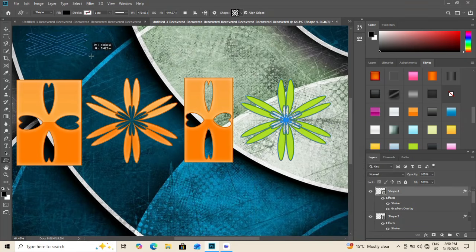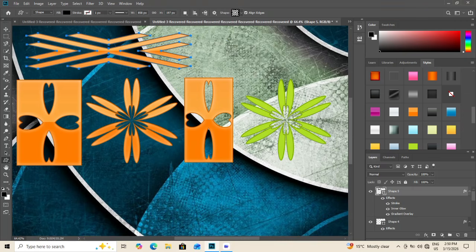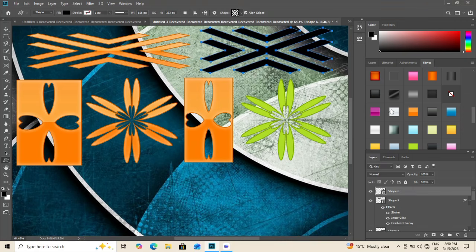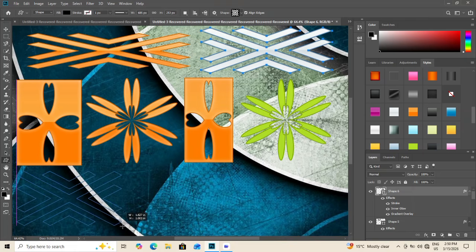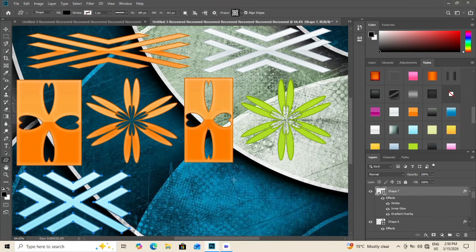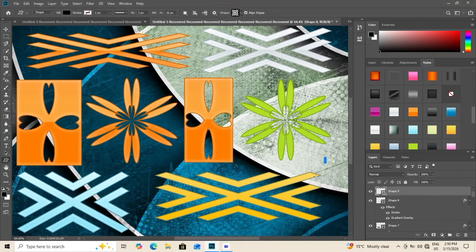Duplicate this shape several times by holding Alt while dragging, scaling each copy slightly smaller and rotating them just a few degrees to create a layered spiral arrangement. Now switch to the Ellipse tool